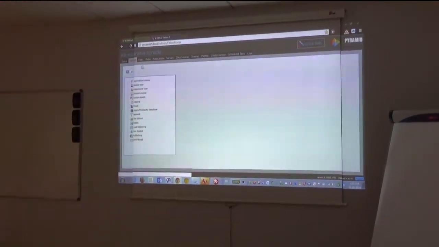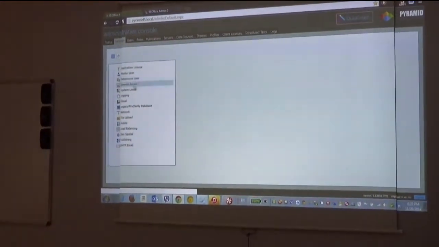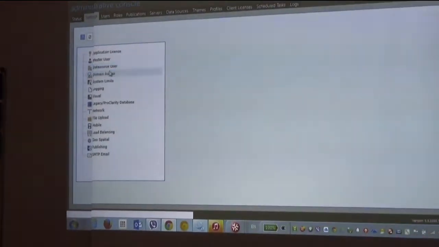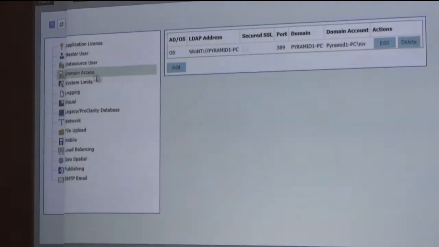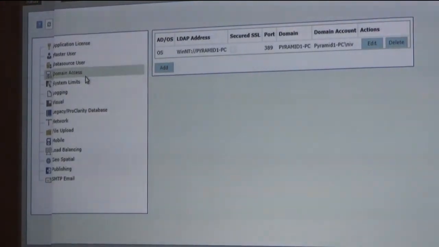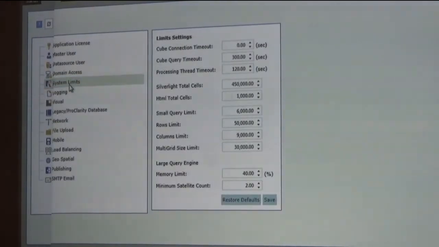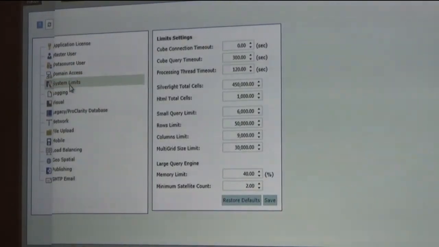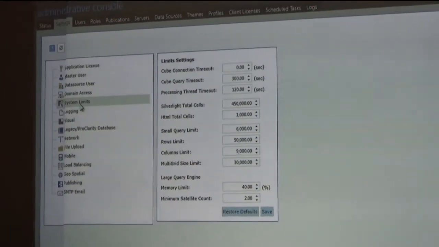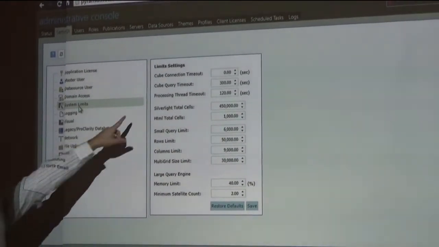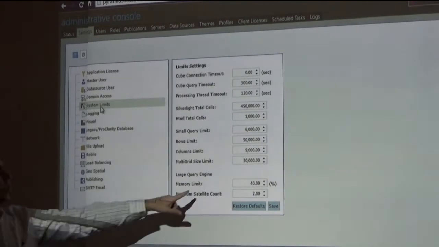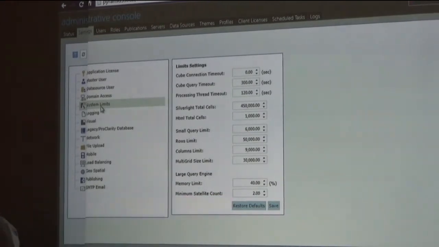In the administration, you also see tabs. One of them is settings. In the settings, I'll show you just the important ones. We support many Active Directories, so you can put a forest here. We provide an option to put limits, so I don't want users to run a query that will bring more than a certain amount, so I can put it here. And I can say what will happen if someone runs a report that will take